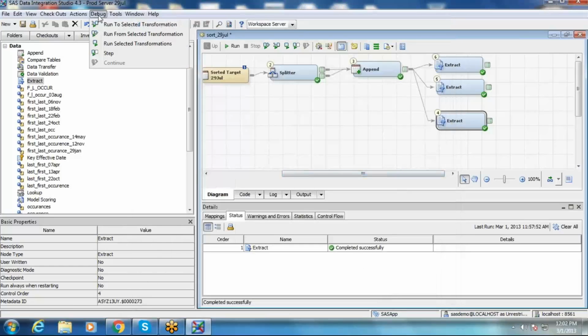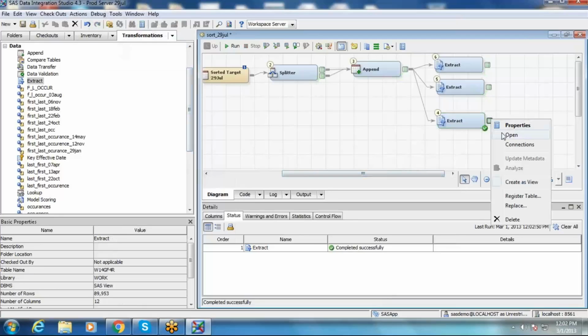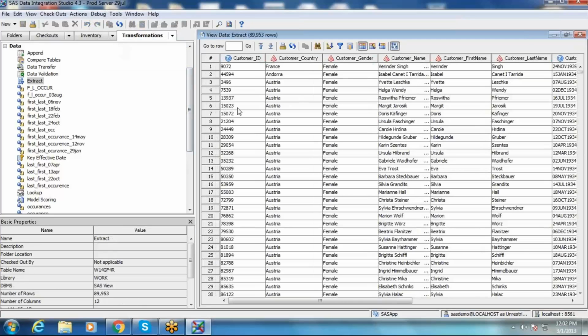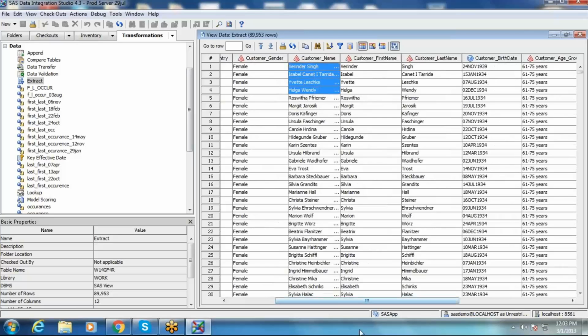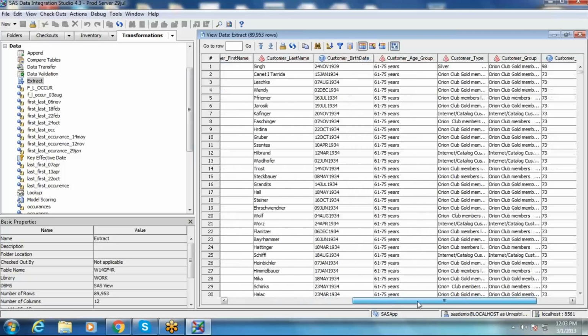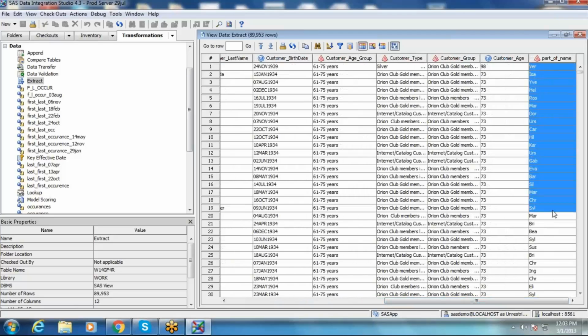Now try to test run this transformation alone. Click on run selected transformations. Try to open this table. Here you go to the customer name column. Here you see Virender Singh. So here you should see Veer, and the first 3 characters of other records as well. Correct? Yes. So that is the use of the extract transformation, which is heavily used. Okay.